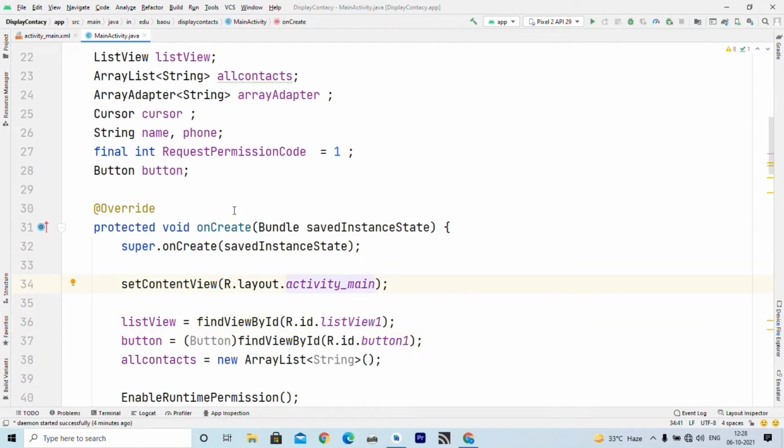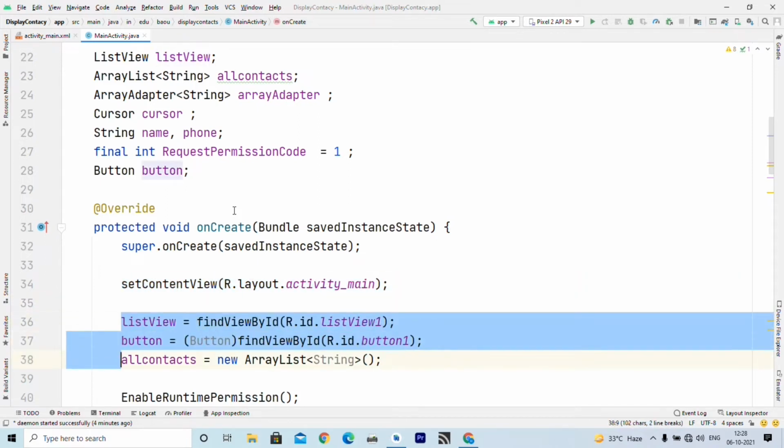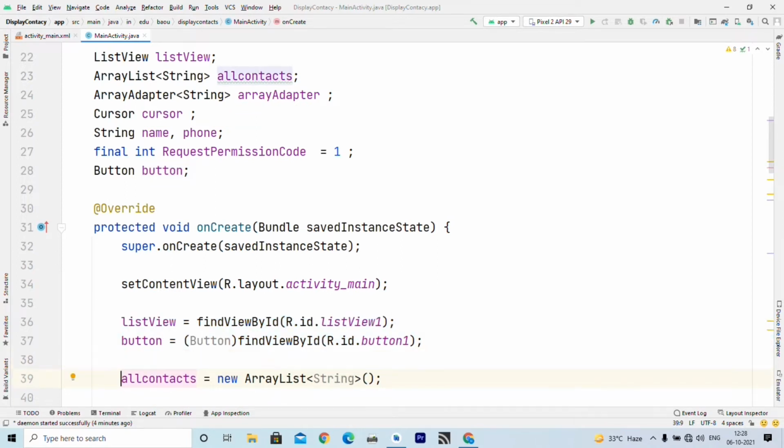Inside onCreate we first specify setContentView, which is our layout file with the name activity_main, and I write down the list view and button. I write code to initialize the list view and button control using the findViewById method. We must create an instance of the array list before adding data to it.